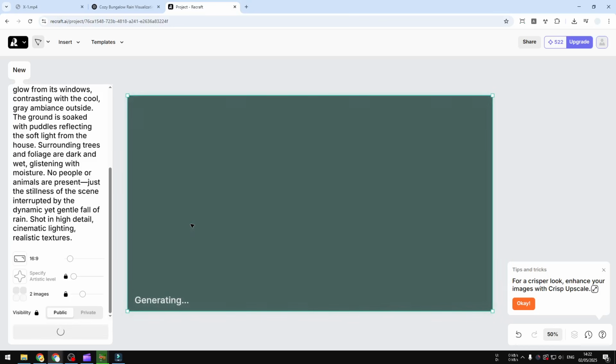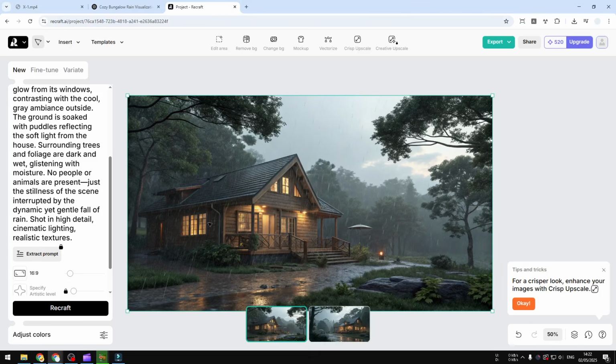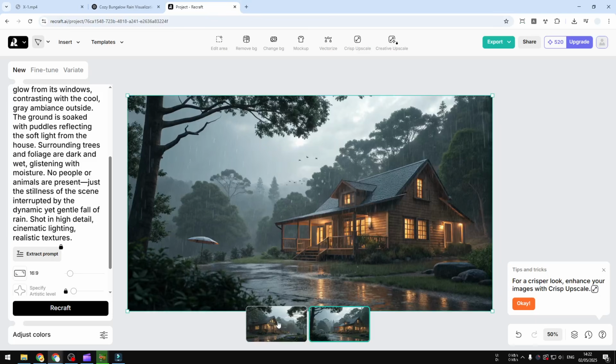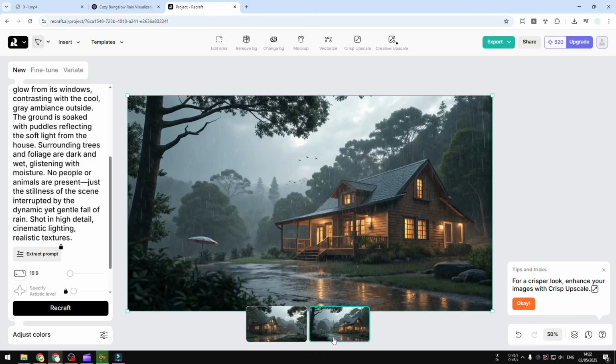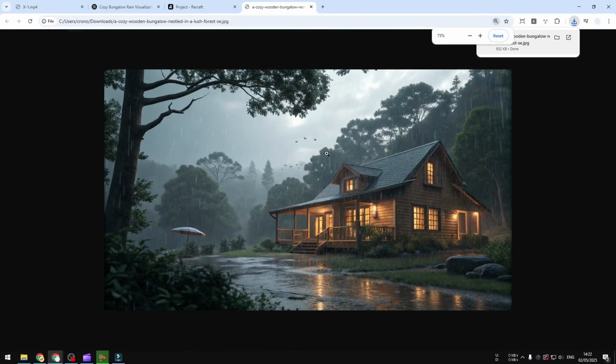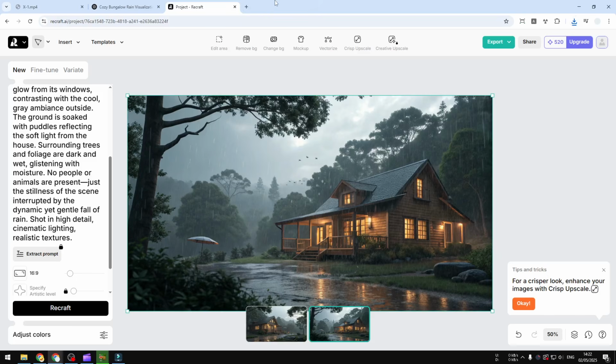Now just wait until Recraft AI is creating pictures that later we can convert into a video. Now this process will take, I would say, less than 1 minute, and it will create 2 different images. There are 2 options, and it's up to you which one that you want to use. Honestly, it's kind of difficult because they do look great, but let me try using this picture. Now I'm going to right click and then export as JPEG. Yeah, that's really good. This is the picture. Amazing. Now let's go to this website,